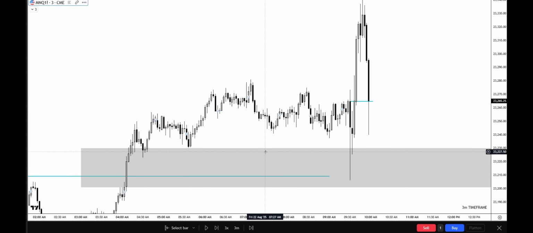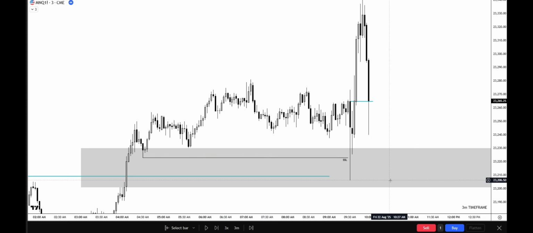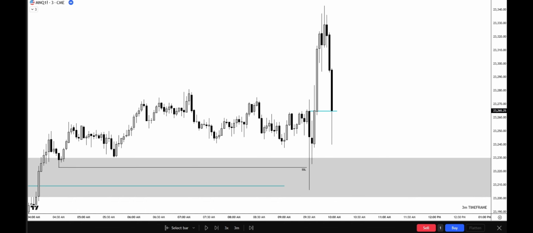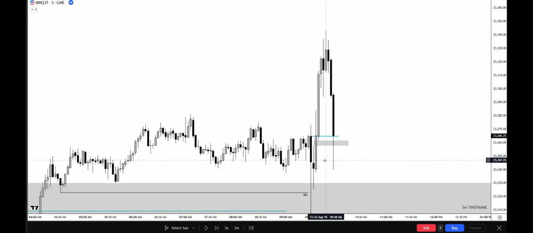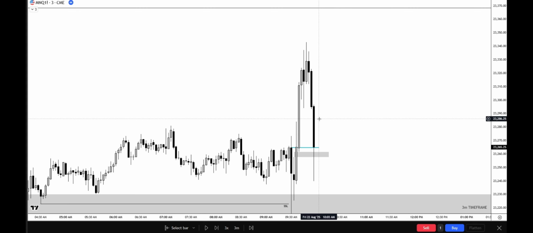This is my protected low because we do have a sweep of our sell side liquidity. This is my manipulation, and this is my change in state of delivery at 3 minutes. By this change in state of delivery, we do have some fair value gaps resting here. So what can I anticipate is price to go below this or fill this breaker block plus this CISD and go buy side. So if I take this trade,